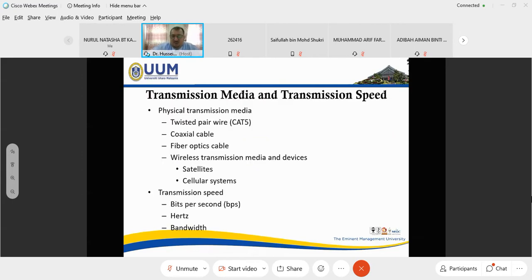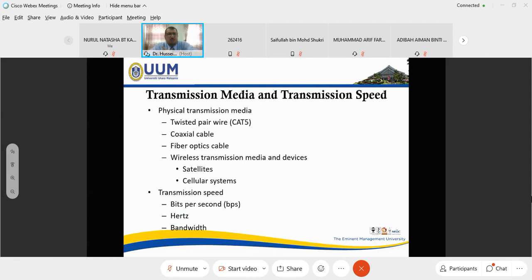We have a network and we have protocols. How do we transmit? We can transmit wirelessly or through wire or cable. We call it the digital transmission media. What type of transmission?